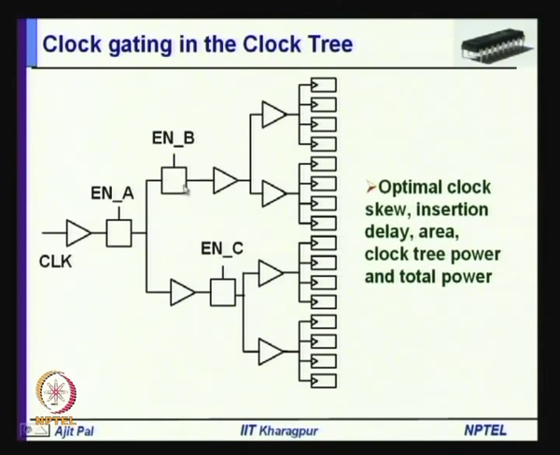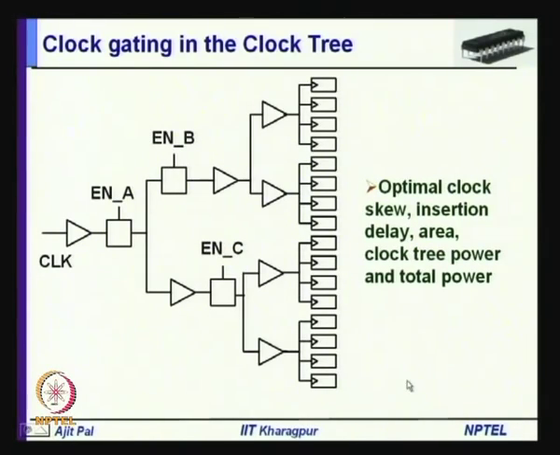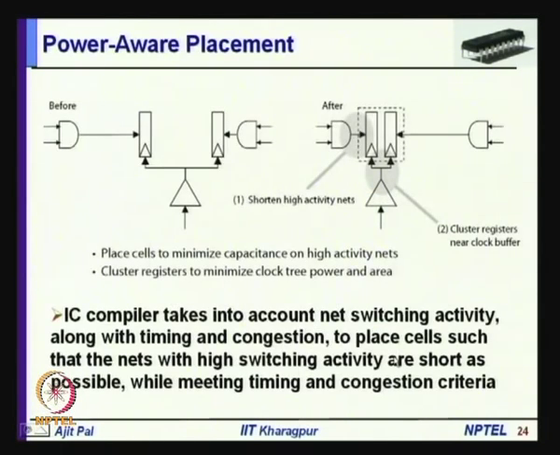One is close to the source, another is close to the registers, another is in between. By doing that, it optimizes clock skew, insertion delay, area, clock tree power and total power. That means it is optimizing multiple parameters simultaneously, not only area, not only clock skew, not only delay, and various parameters it is trying to incorporate and optimize simultaneously, and that is being done with the help of this automated CAD tool. Okay. So, this is your clock tree generation, and what the power aware placement does,